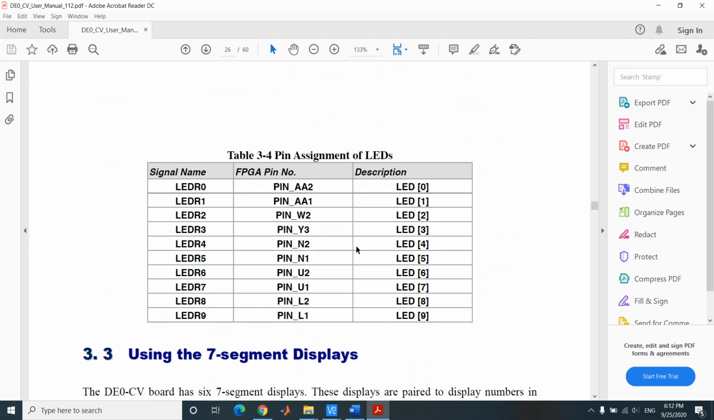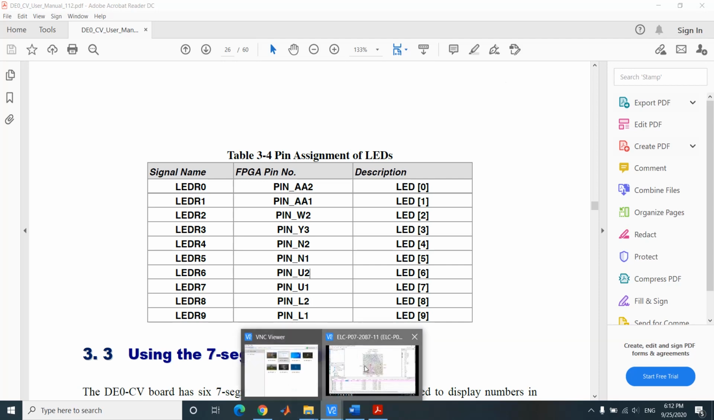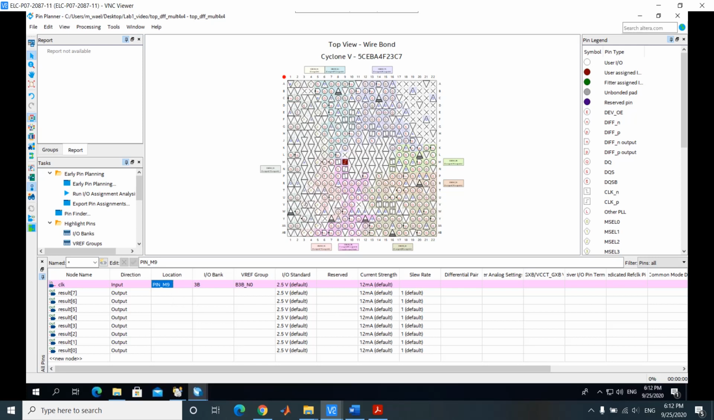Also, for the result output, I will assign the output of my multiplier to these LEDs. So I will go to these LEDs and assign it in the pin planner. Let's come to the pin planner. For result 7, it is pin_EA2,